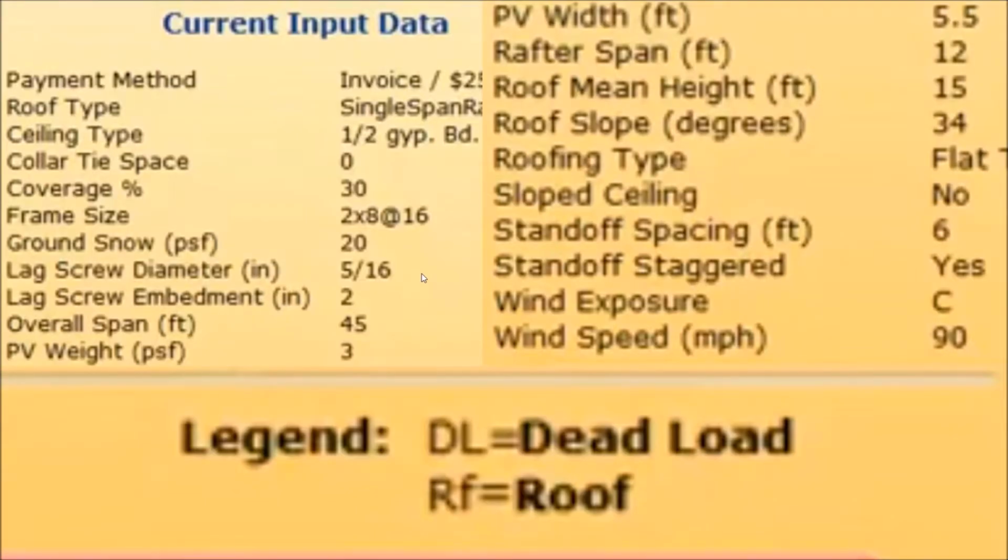So what I've tried to do is, they're included in the program, but what we can see is after you do your array layout, and while the customer is walking around their building taking some pictures, the more you can plan up front in the design phase, like which exact lag screw we are using. Normally that decision might be made by the installer on his way to site. Oh, we need some lag screws, got to go to Home Depot. But if you pick up on all that stuff beforehand in the design phase, then you might be able to